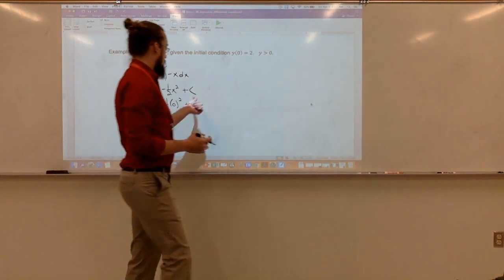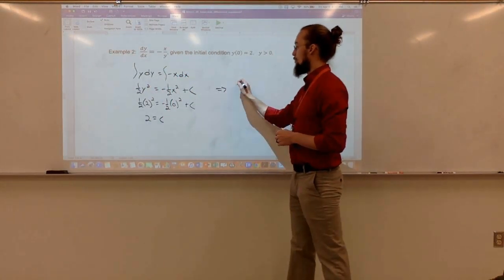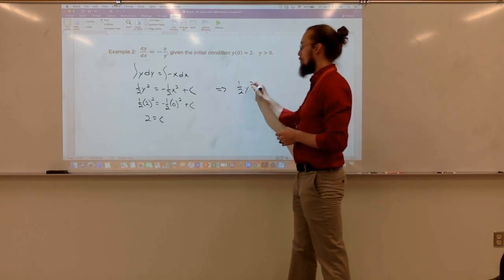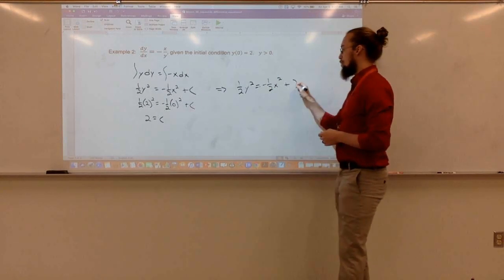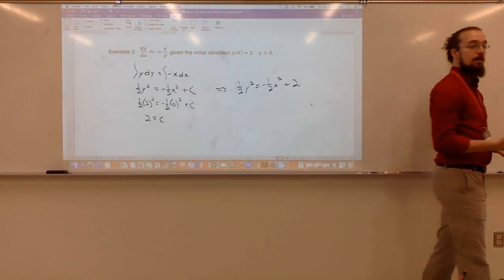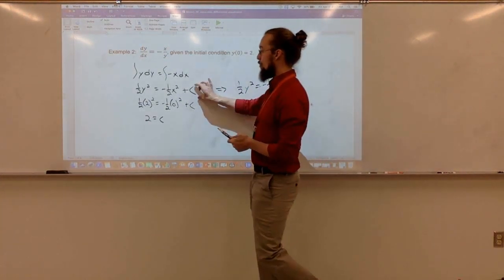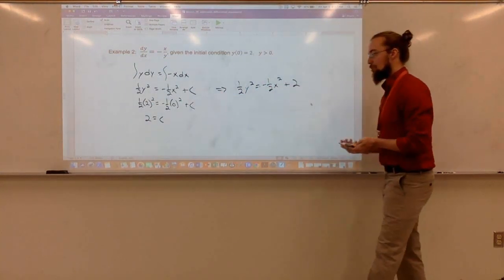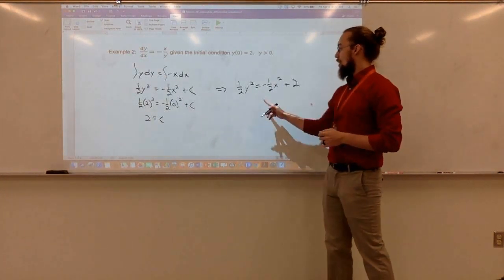So now I'm going to plug 2 in for c, and to get my solution, I still do need to solve for y. Right? It's just usually easier to solve for c if we go from this step before we actually solve for y. So, to solve for y,